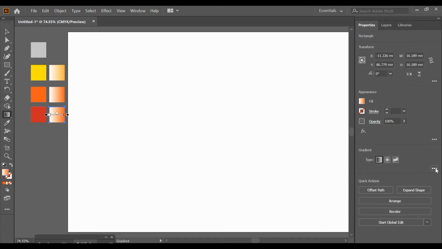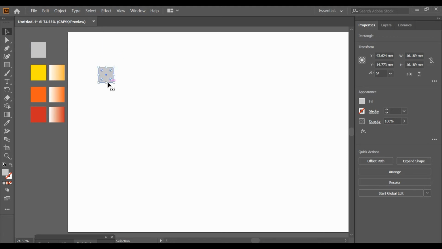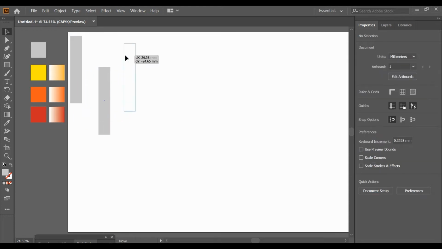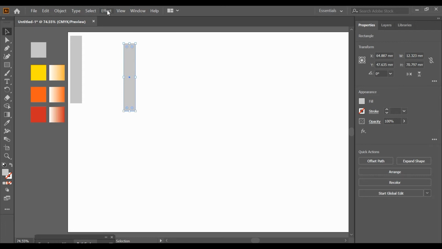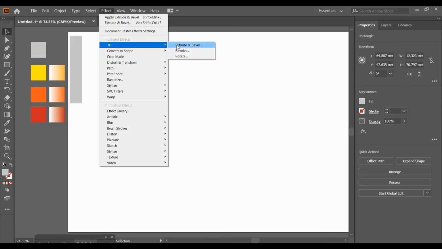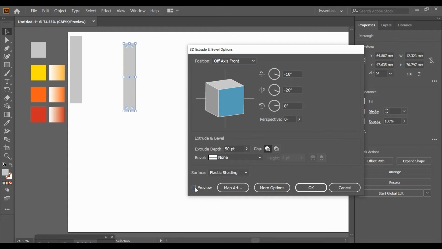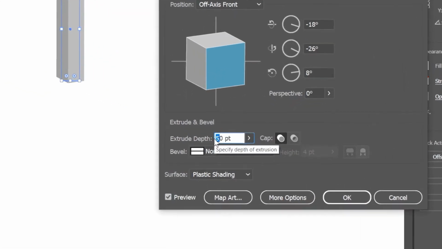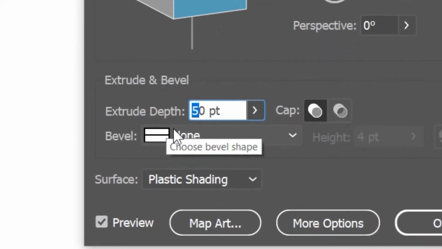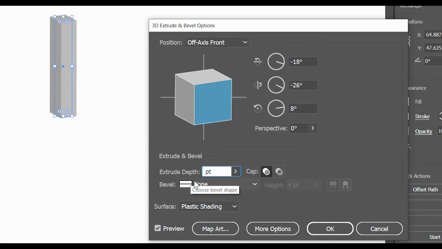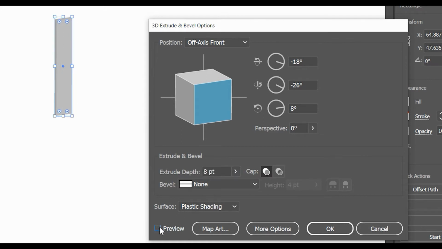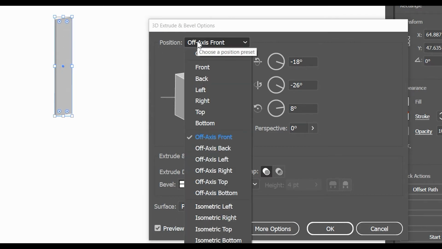For designing a logo, I'm going to need this shape, and this shape, let's expand it and keep it as a backup. And this shape, we're going to apply a 3D extrude and bevel, and make sure you turn on preview so that you can see the changes. Let's change this extrude depth to, let's say, 8, and click preview again so that you can see the changes. And for the position, I'll change this one to isometric left